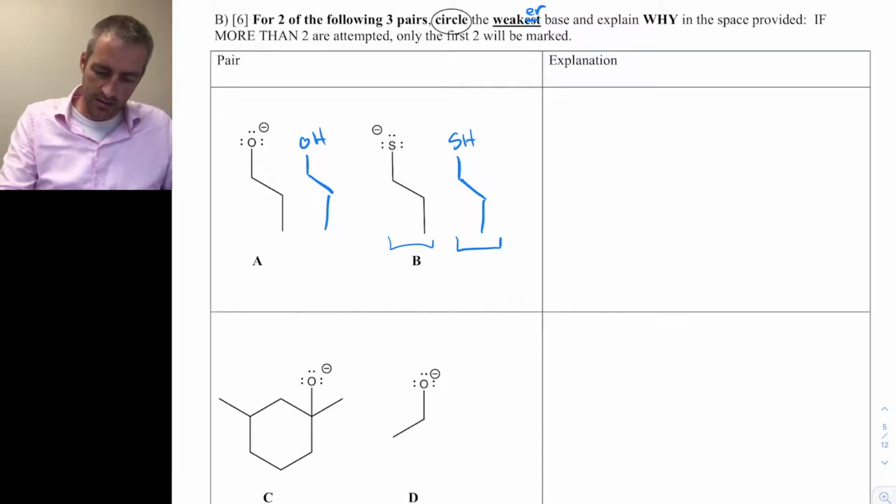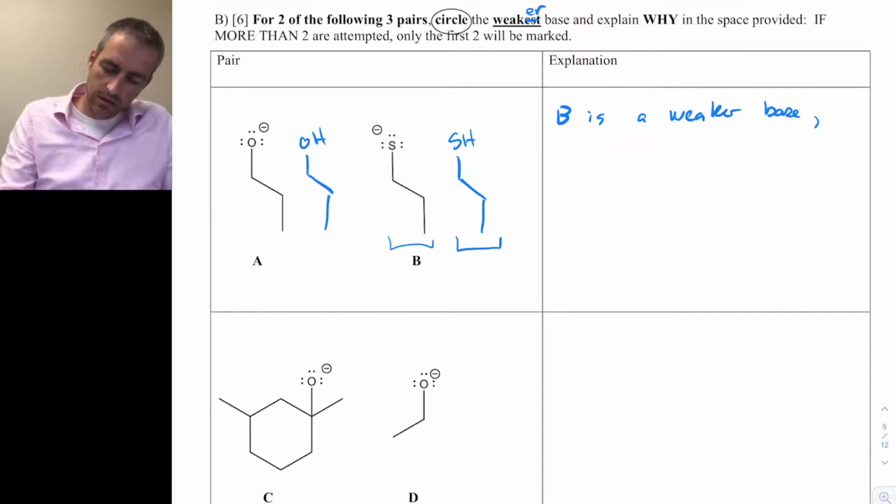I would say that the B is a weaker base, because S is larger, one row down,